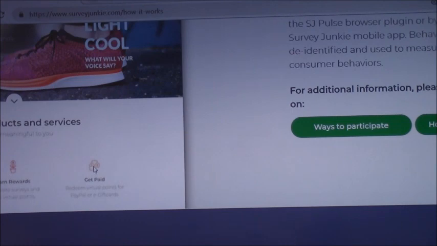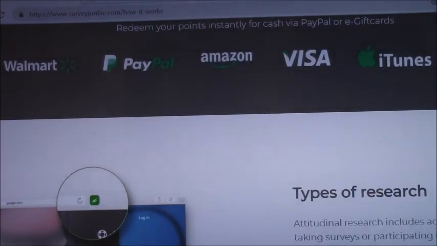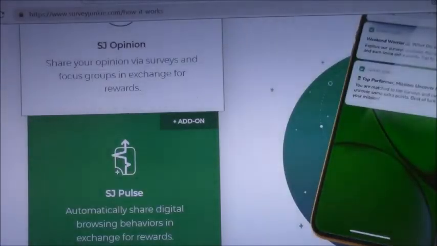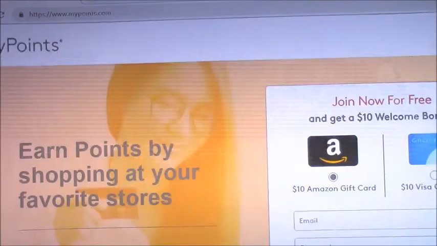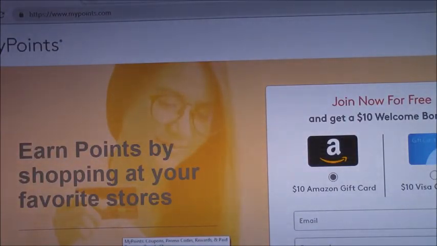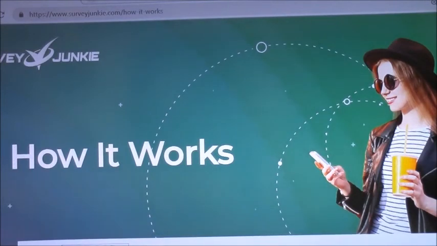You get paid through PayPal, and you earn rewards and turn them into cash. You learn to go through all those, and I'll show you the apps in a little bit. This is the logo for Survey Junkie.